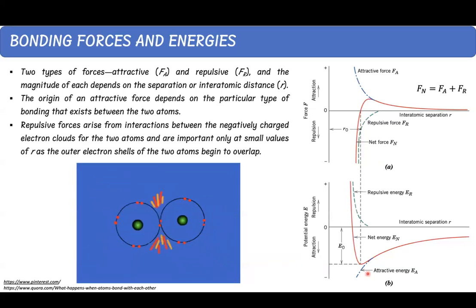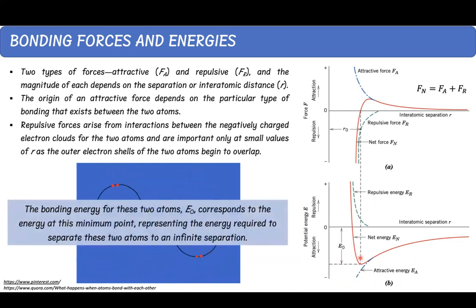The energy that makes the bond between the two atoms is what we call the bonding energy. This bonding energy is the minimum point of the energy at the equilibrium distance between the two atoms. If you want to break the bond between the two atoms, you need to supply the energy that we can see here